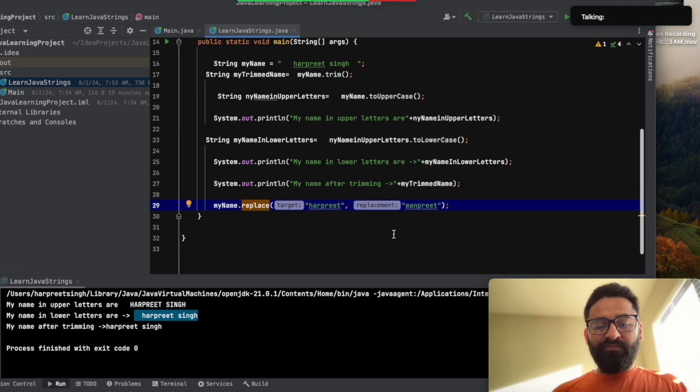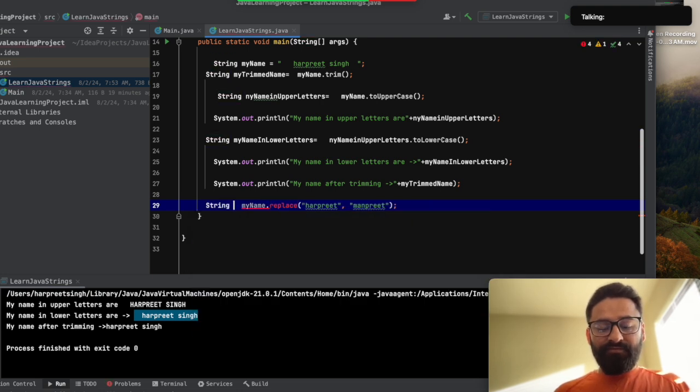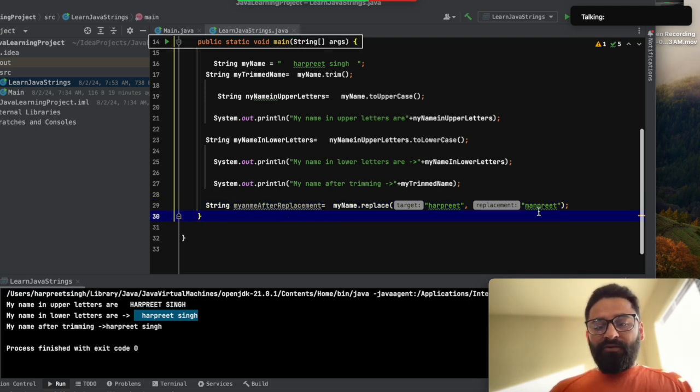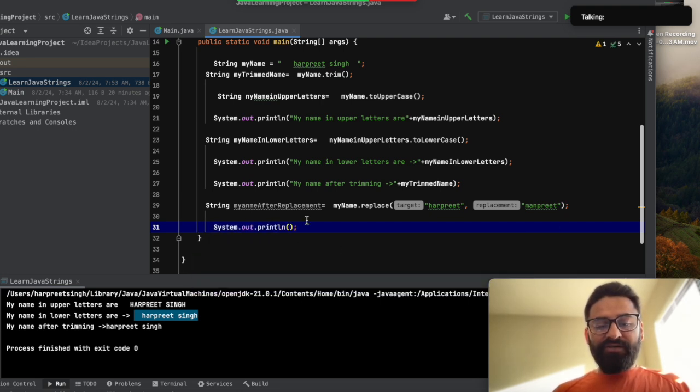Okay, my name, so I'll store into string my name after replacement, something like that. Any variable you can write. Alright, then again let me type SOUT and it will type the print statement, and I'll write my name after replacement